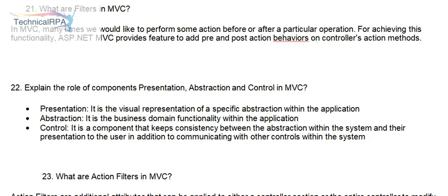22. Explain the role of components Presentation, Abstraction, and Control in MVC. Presentation: it is the visual representation of a specific abstraction within the application. Abstraction: it is the business domain functionality within the application. Control: